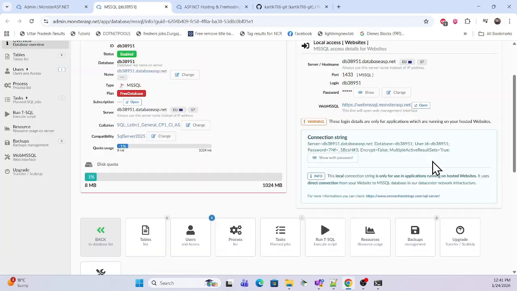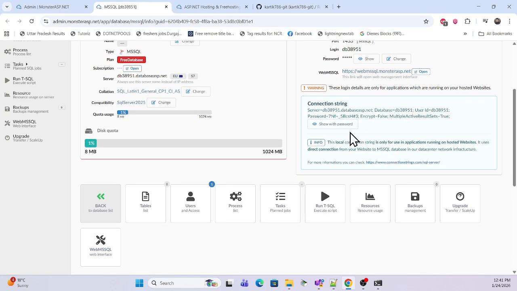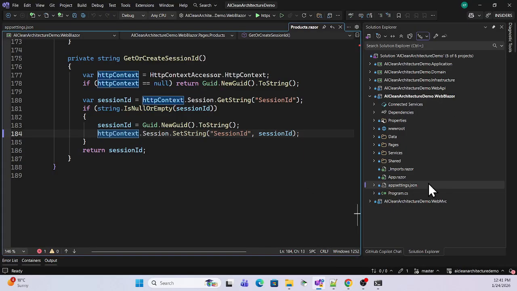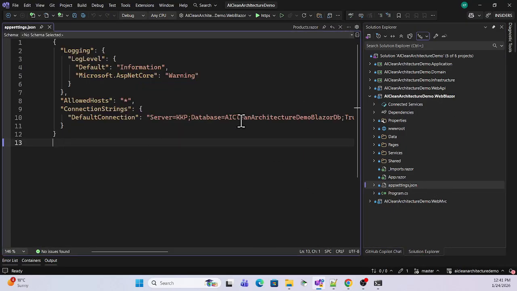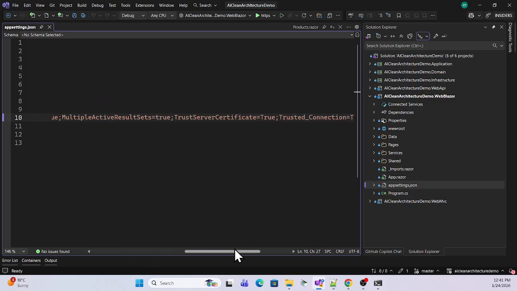So click on show password, and once you show the password you can simply copy this connection string, which you can use in your application. So I'm going to my application and go to the app settings, and simply I can replace this with my